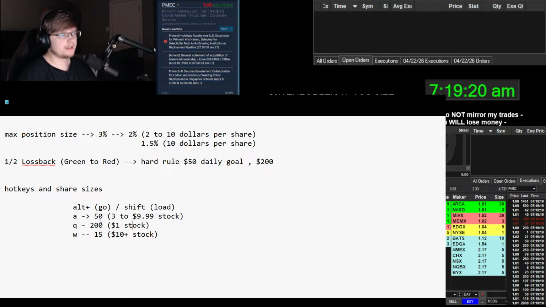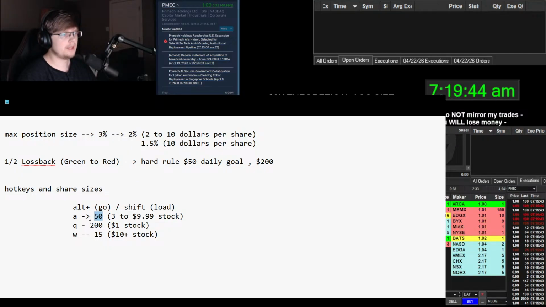But a maximum size for a $2 stock is basically going to be double that of a $3 stock. So instead of a 200 max position size, it's going to be a 400 share max position size. I'd probably just have to, if I wanted to trade a $2 stock, I would have to specially load it